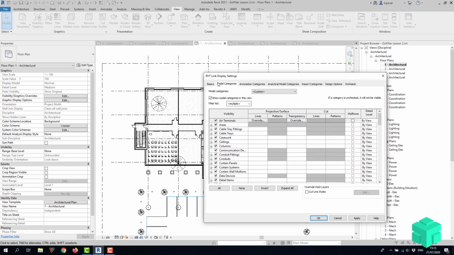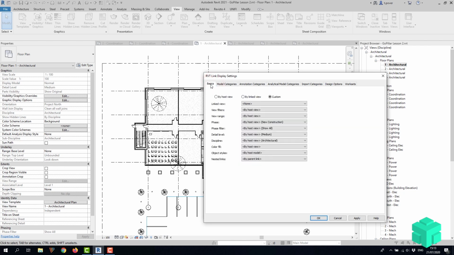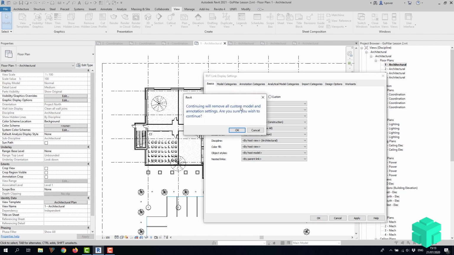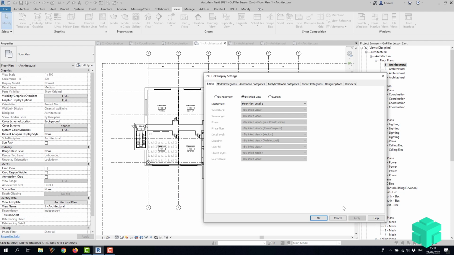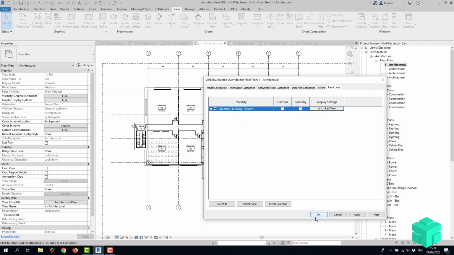Well, that is because if we go back to the basics and click on by linked view, yes, we want to, then you can select a linked view from the architectural file. Now, these are all the floor plans in the architectural file, and we see a floor plan level 1. Let's select that one, and then when we click on apply, as you can see, something happened here. Right now, if we click on OK, click OK again,